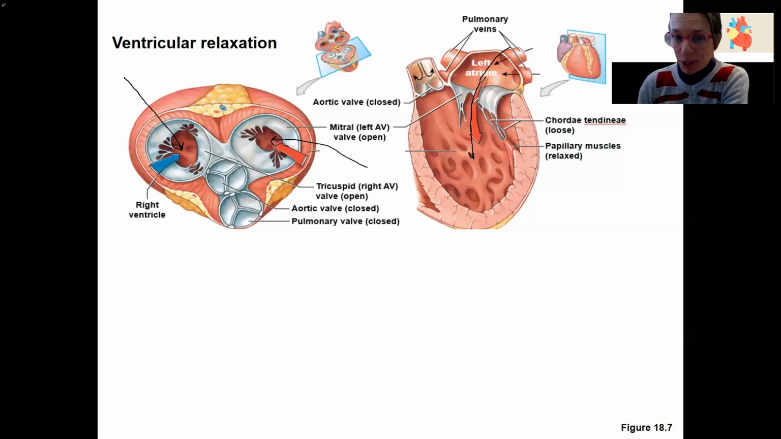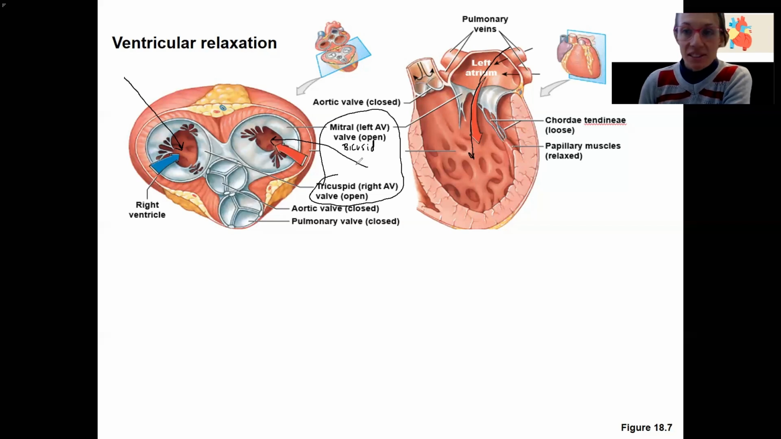These 2 valves that I'm talking about right now are the AV valves. So the tricuspid and bicuspid, or mitral, is also the bicuspid. These atrioventricular valves are just hanging open. So the mechanism by which they open is just hanging. When there's relaxation, they just hang open. So blood flows passively through the valve that's in this septum. So that's how these atrioventricular valves